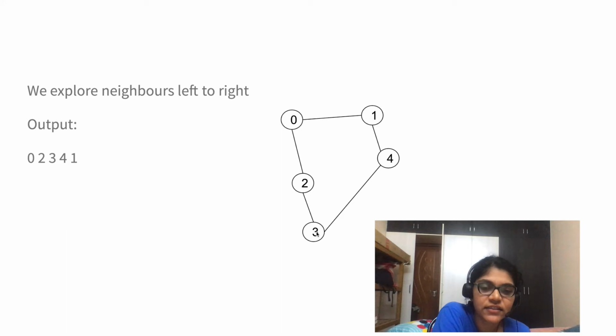So we'll call the DFS function on 3. We do not proceed to 2 because we have already visited 2 and marked it as visited. So now we proceed to the next adjacent element of 3, which is 4, and call the recursive DFS function on 4. And then, since 1 is not explored yet, we proceed to call the DFS function on 1. Now since all the neighbors of 1 are already visited, we return back to the DFS util function. The DFS util function can see that all the nodes of the current graph are visited, so it exits.